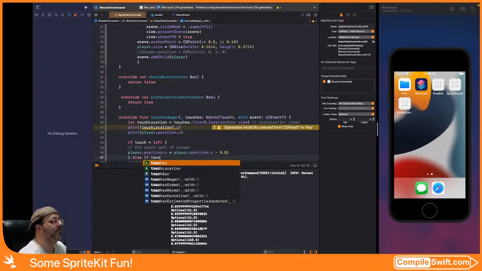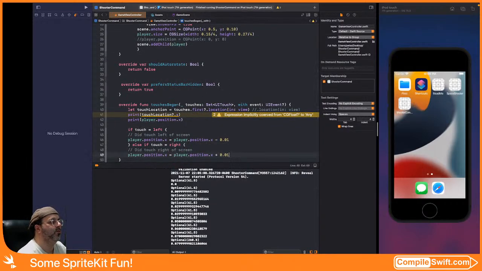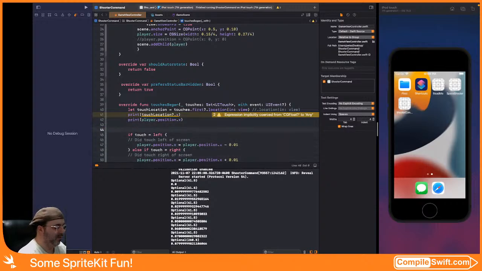Else if touch equals right. Just going to pseudocode this a little bit here for now. Do that. Okay, so if I now said let touch equal left,